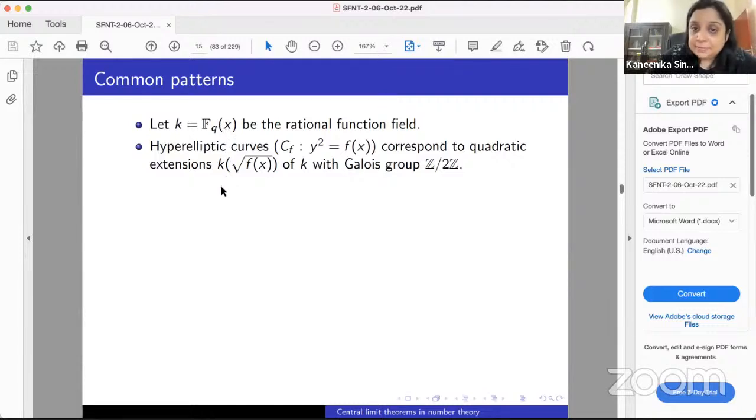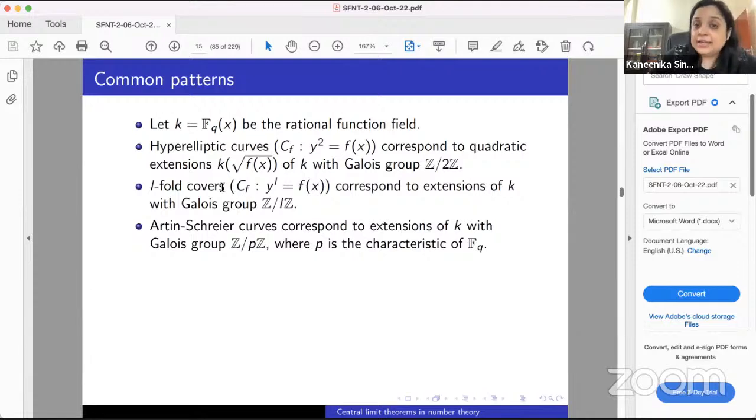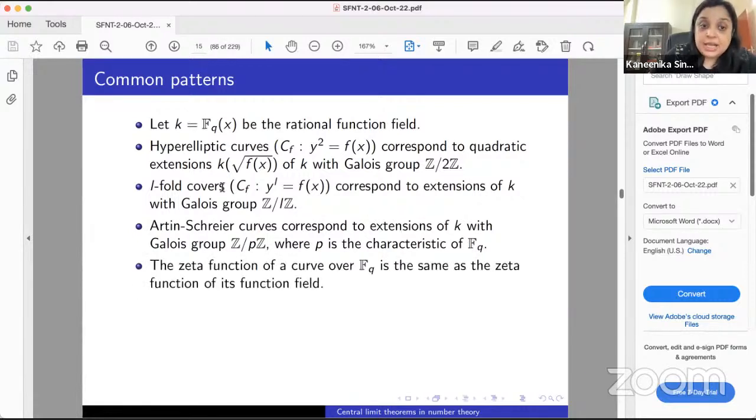So the hyperelliptic curves correspond to quadratic extensions of your K with Galois group Z/2Z. The L-fold covers correspond to extensions of K with Galois group Z/LZ. And the Artin-Schreier curves correspond to extensions of K with Galois group Z/PZ, where P is the characteristic of your field. So now the zeta function of a curve can be studied again in terms of the zeta function